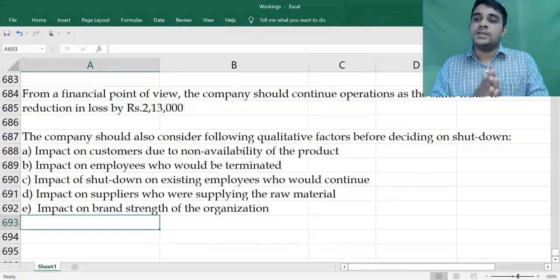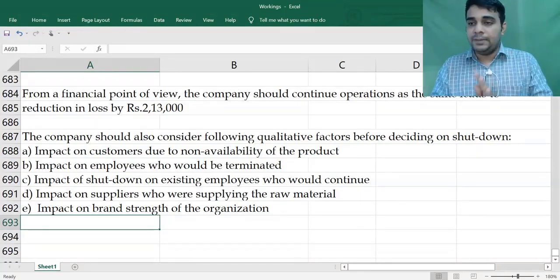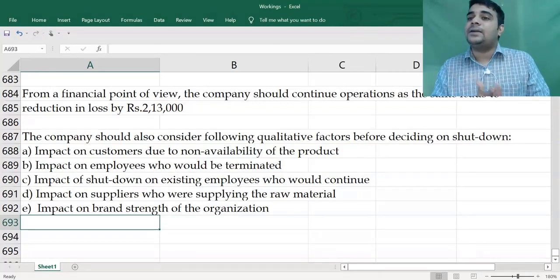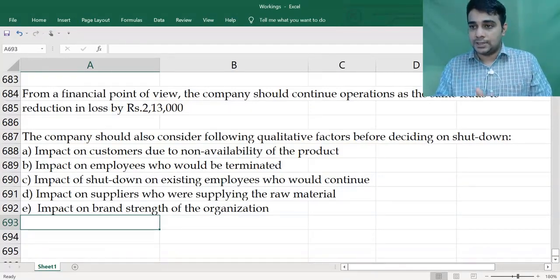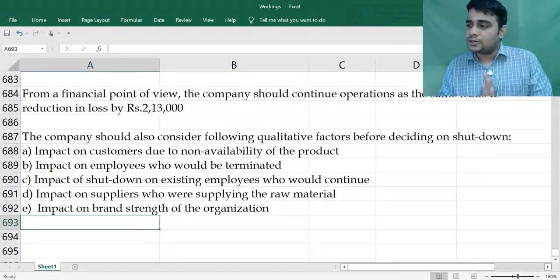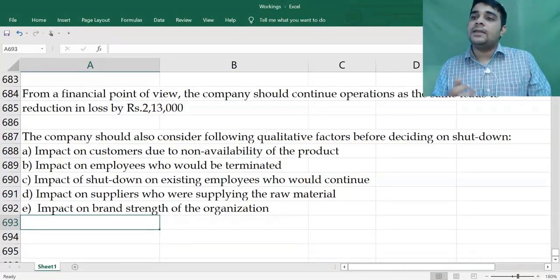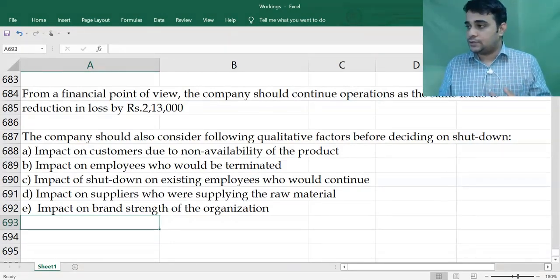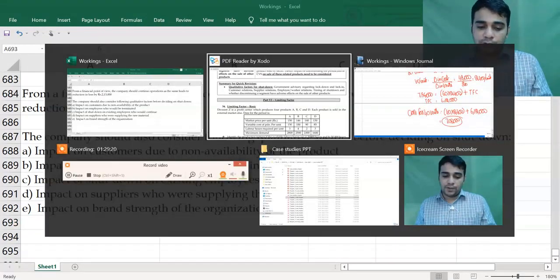This is similar to a concept which you could have learnt at inter level. In fact, limiting factor itself could have been learnt at inter level, but you could have seen something called capital rationing in capital budgeting. Again, not a very critical area, so some of you may not remember it. Capital rationing was a situation where the availability of money was not sufficient for doing all the projects. So in that scenario, an organization has to decide which projects to take up. Similar thing is what we are going to do here.